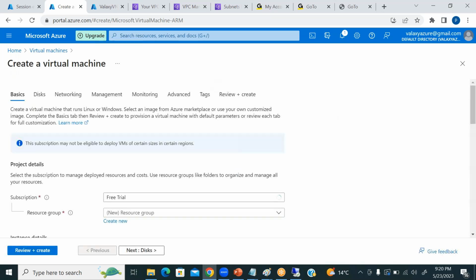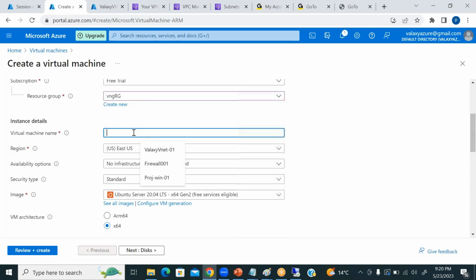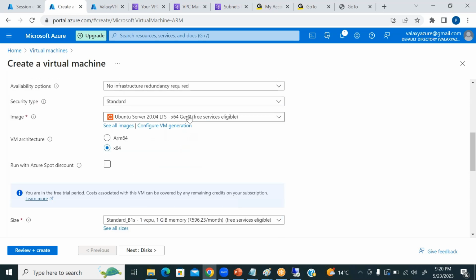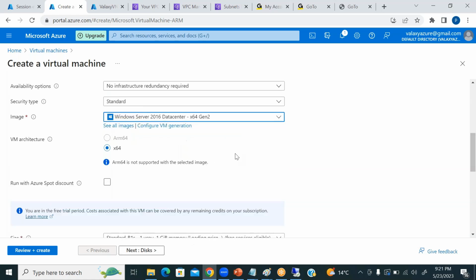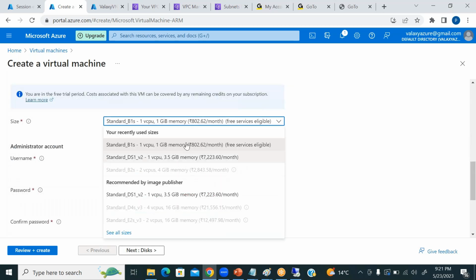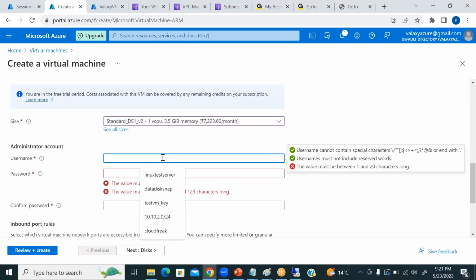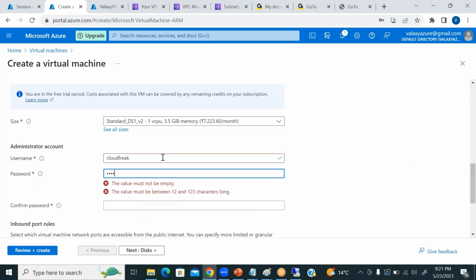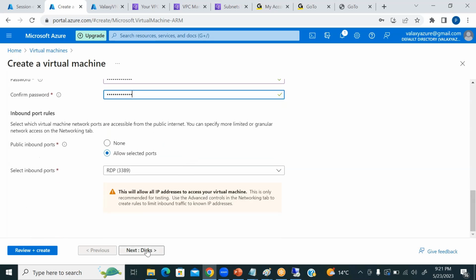Create a VM, and the resource group is VNGRG, and the virtual machine name is Windows Test, in the East US region, and the image we are going to use is Windows Server. And then we'll take 2 CPUs, 4 GB RAM, administrator username, Cloud Freak, and the password. So next, disks,